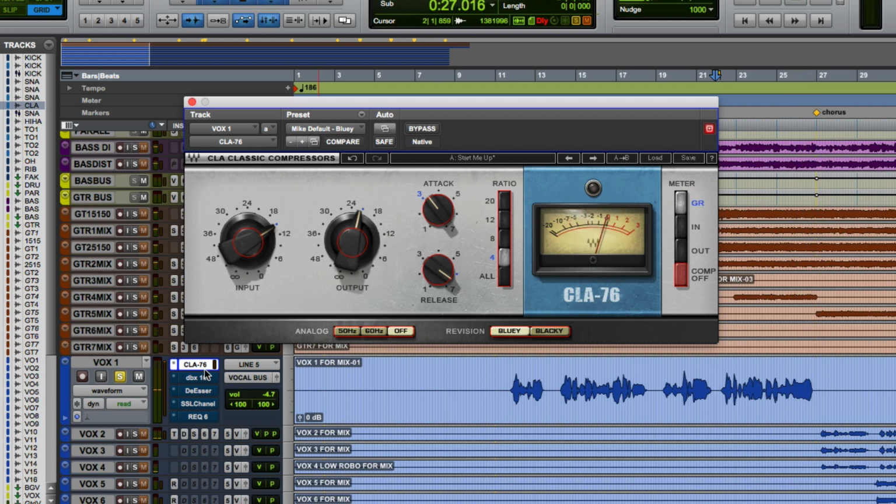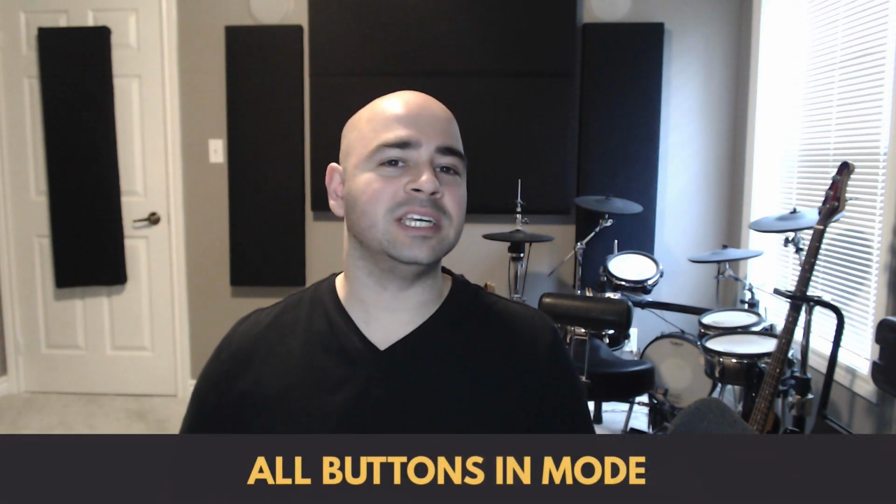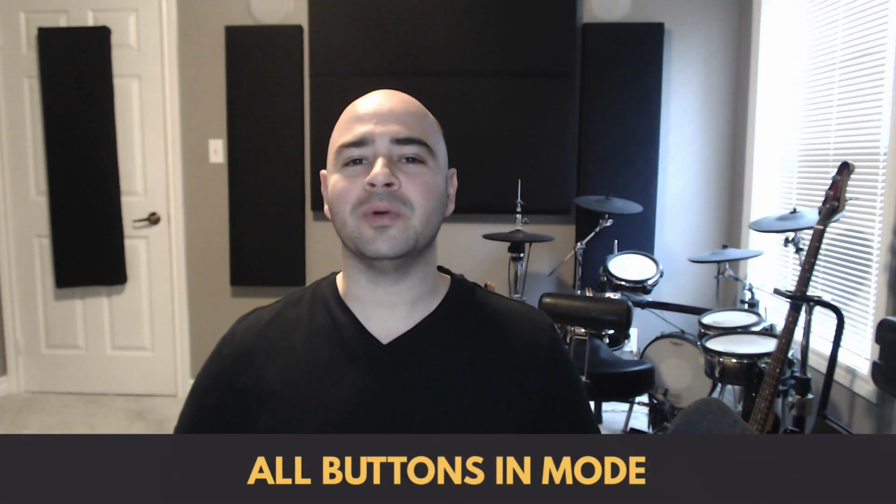So definitely a lot more grit from the 1176. Lastly, one other feature of the 1176 that makes it really unique is its all buttons in mode, which is a very famous mode. Basically, when you press all of the different ratio buttons on the 1176, you get this incredible distorted sound that has a little bit of a lag in terms of how it responds to the transients, but it just makes things sound really explosive and can push things really